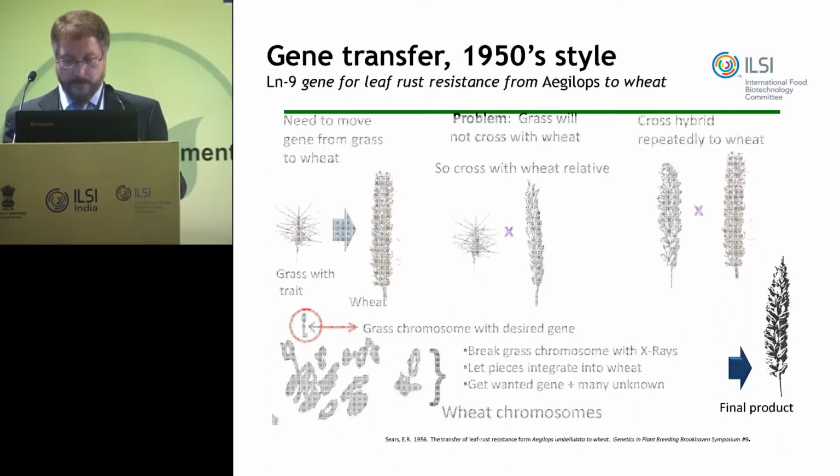And once they had the hybrid there, they crossed the 2 types of wheat together. They made a back cross for many generations until they had recovered a plant that had all the chromosomes from wheat, plus 1 chromosome that came from the original Aegilops. And somewhere in this chromosome is that one gene they want. But in order to get the transfers, they resorted to X-rays. They broke the chromosomes up with X-rays and let the different pieces insert into the wheat genome at random.